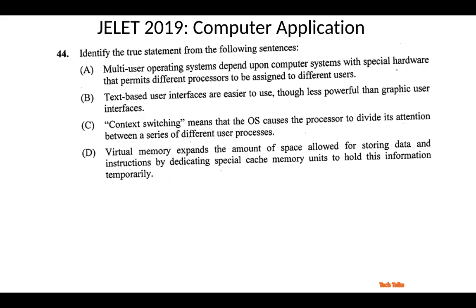Let's say option B. Text based user interfaces are easier to use though less powerful than graphic user interfaces. Now, the opposite is actually true. Text based user interface, that means basically DOS or Unix shell, is not easier to use, it is difficult to use, but it is more powerful. Scripting languages are more powerful, but not easier to use.